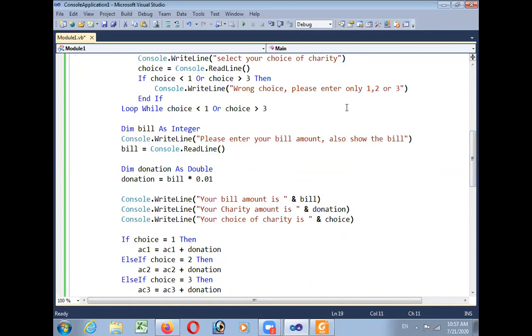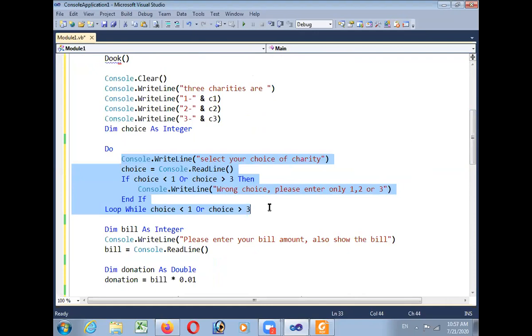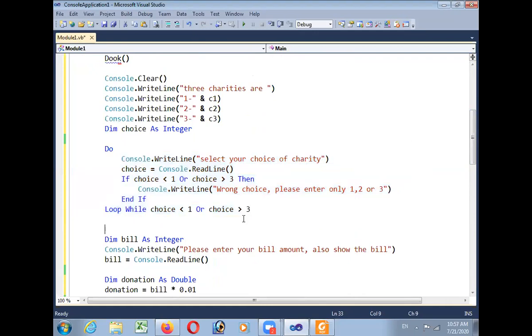अच्छा, अब हम यहाँ से सॉर्ट करेंगे कि कौन सी लाइन है जो डिफाइन करती है कि हमारी चैरिटी ने कहाँ देना है, और वो डिफाइन होता है चॉइस से, सिलेक्ट योर चॉइस ऑफ चैरिटी। ये जो कोड अभी यहाँ पे हाईलाइट किया है इसकी वजह से आपको चॉइस पता चलेगी। अब हमें क्या करना है, हमने यहाँ पे उस लूप वाइल के बाद लिखना है।